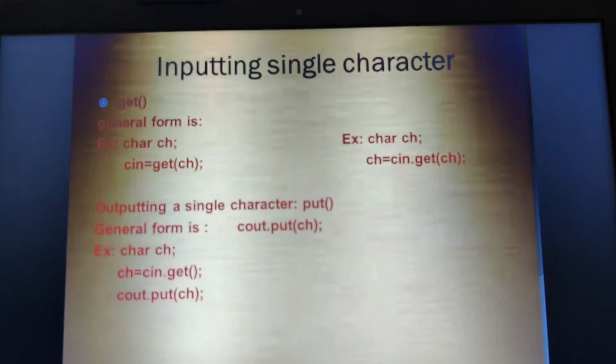Then let us see the function that is used to print a single character, that is the put function. We use the put function as cout followed by the dot operator, then put, followed by ch. So this is a statement where we read a single character, and the next statement prints that single character which was read by the function get.